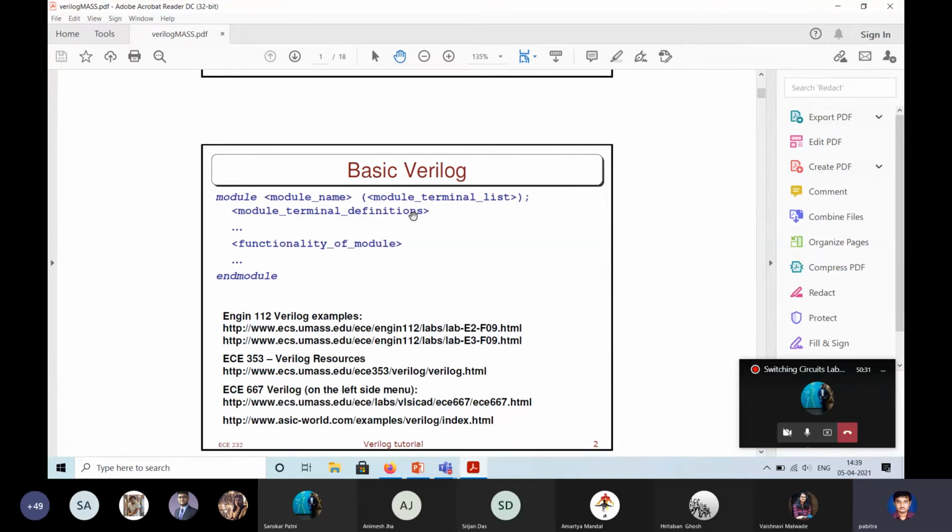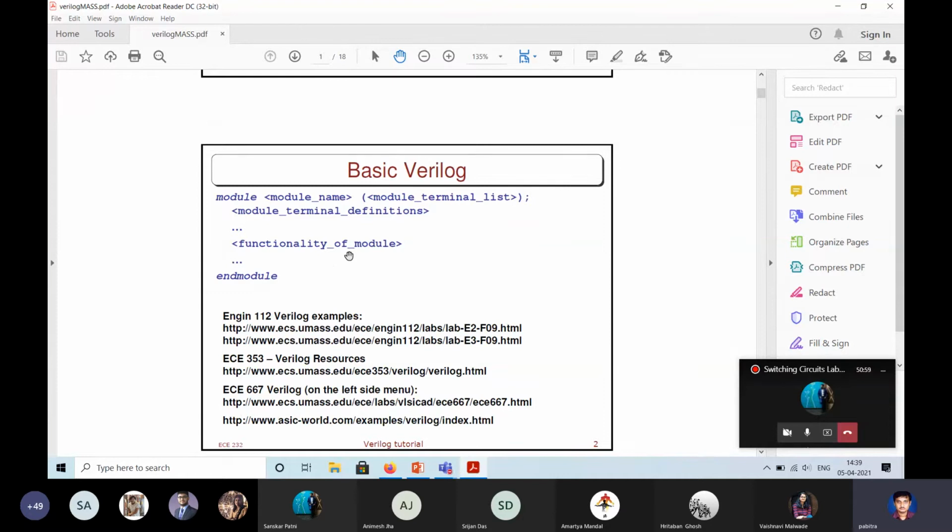So these are like variables. A wire terminal means it has no storage. Whenever the value changes, it changes. A reg terminal means it has storage. It can hold a value for some time. So you have a set of variable declarations basically, which we call terminal definitions. And then you have a set of statements which determine the functionality of the module. Finally, you have an endmodule.